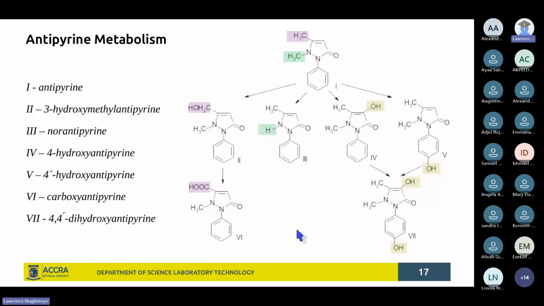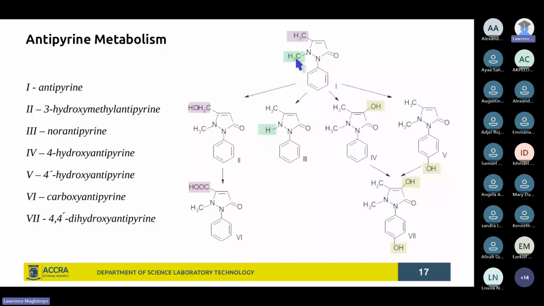So, for instance, I've marked some specific portions of the drug so that we can trace what happens. We see that number one itself, that is the drug antipyrine, and you see I've marked one methyl group there in violet and another methyl group there on that nitrogen with green, and then we trace it and see